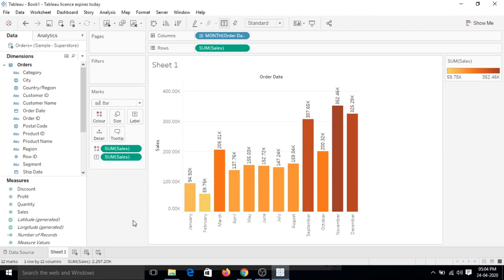Let's learn something new now. Currently we can see just the sales for each month, but what if I want to see month over month growth for the sales? So instead of sum I have to use something else to find out month on month growth. So go to this text. I want to change this text to the percentage for month on month growth,